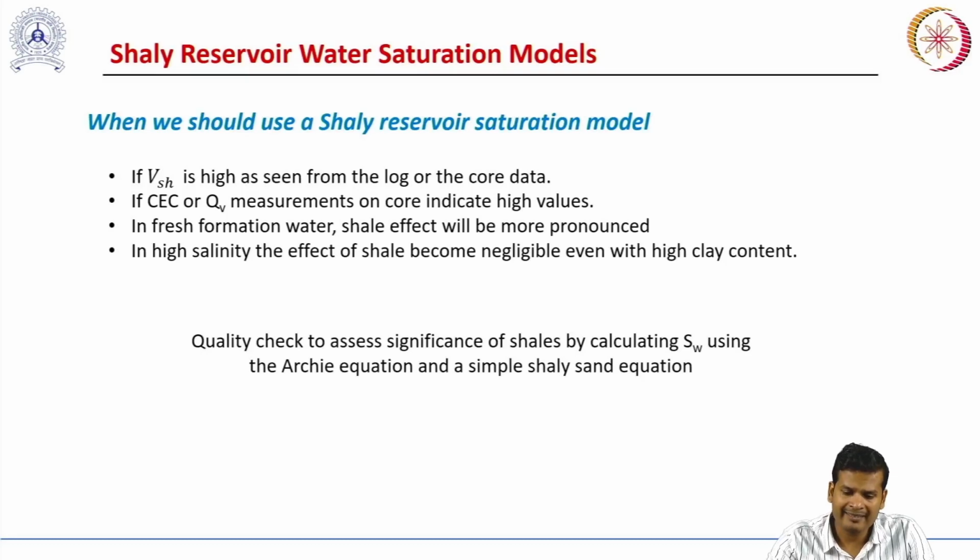And so we can summarize: if VSH is high, as seen from the log or core data, then obviously we should use a saline sand water saturation model. If CEC or QV measurement on core also indicate high values, that means we have enough exchangeable cations inside our reservoir rocks near the clay surface, that means clay will have excess conductivity, so I should use a saline